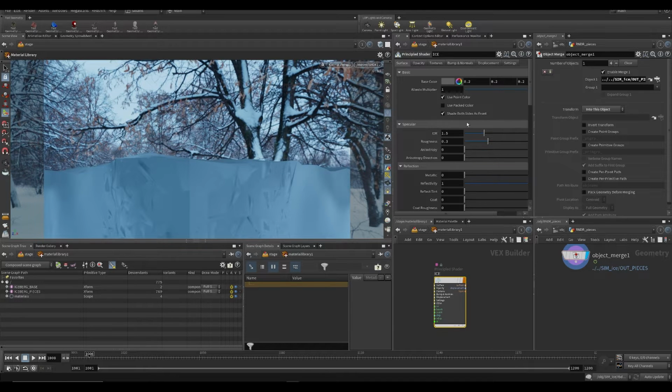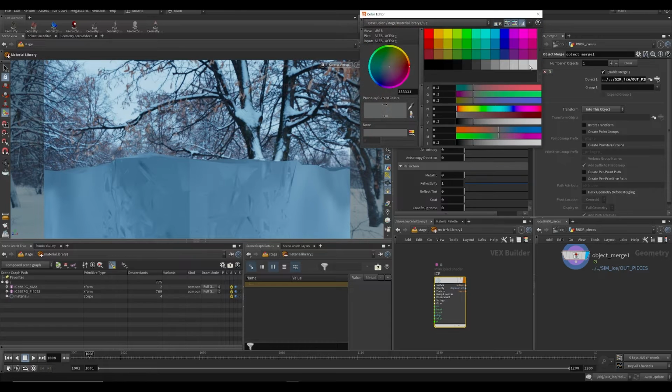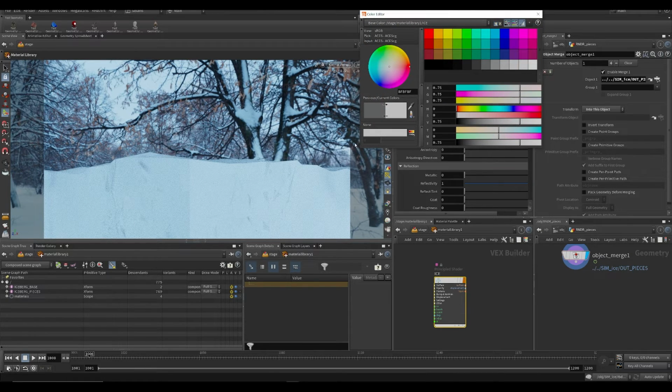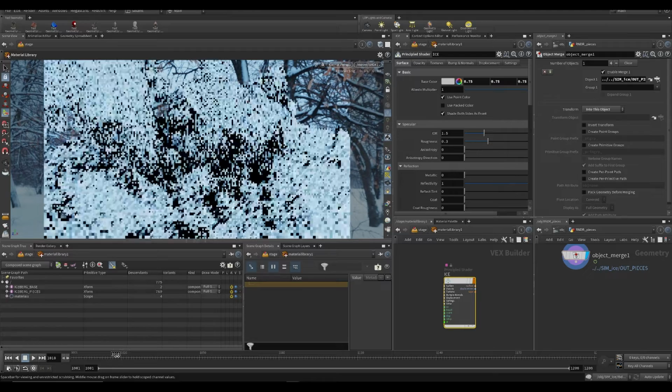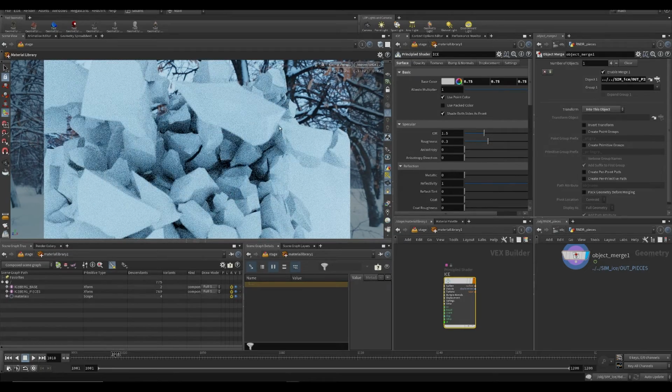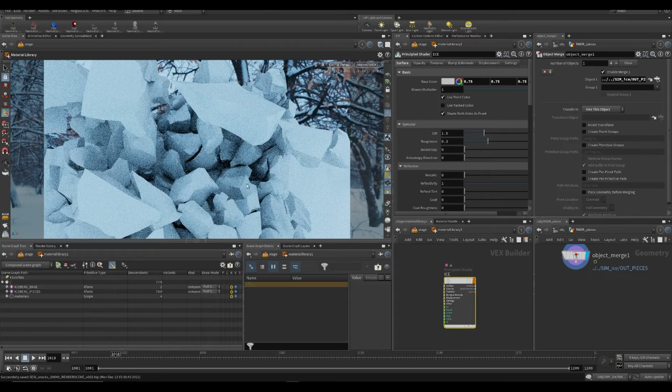So in this ice material, let's first do the base color, and let's make it basically off-white. You can already see these issues here are starting to get less of an issue. And let's, by the way, maybe jump back a couple or forward a couple of frames so we actually have some pieces here. Because it actually already looks a little bit like ice, even though we didn't really do anything with it. But of course, this is just a very basic sort of